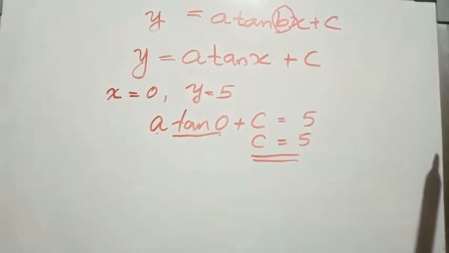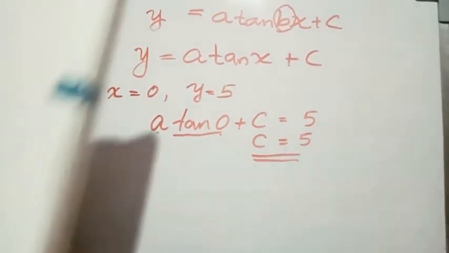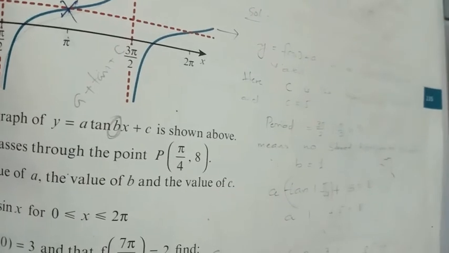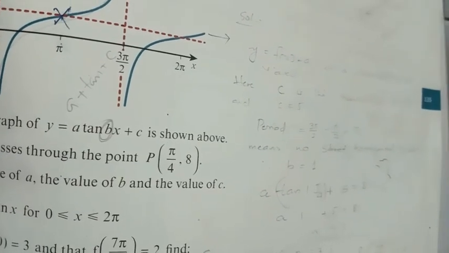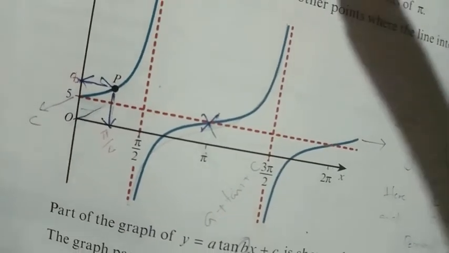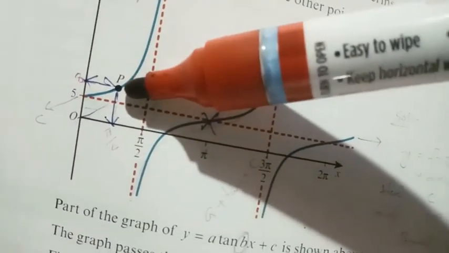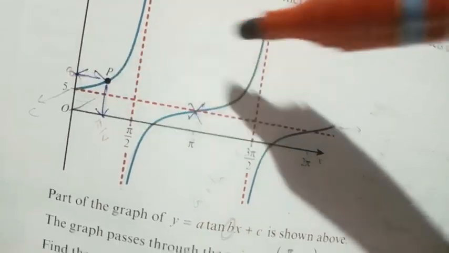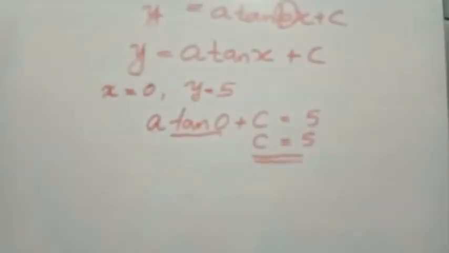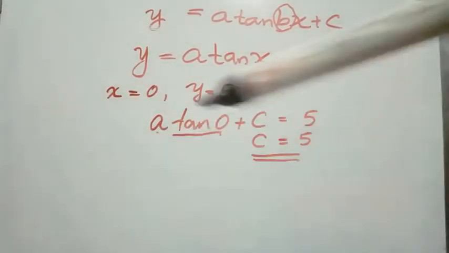For that, in the question itself they have given one concept, which is nothing but the curve passes through the point P pi by 4, 8. You can find the point P here, which is pi by 4, 8. That means nothing but when x is pi by 4, y is 8. What do you mean by that? When x is pi by 4,